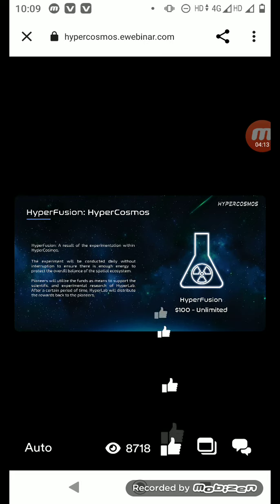I can see those eyes gleaming with excitement to know more about hyperfusion. For you to indulge in the hyperfusion, you will need to contribute at least $100 for the experiments to be conducted. There will be no maximum deposit limit. To make things fair, there will be 2 methods for you to deposit these funds, which serves as the materials needed to conduct the experiment.